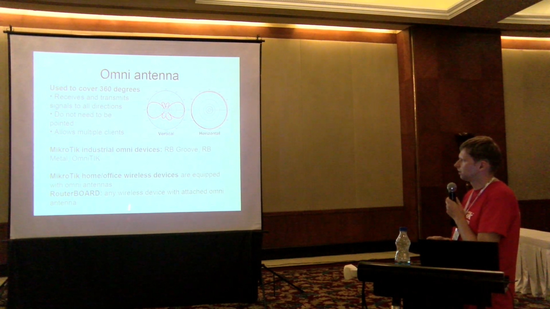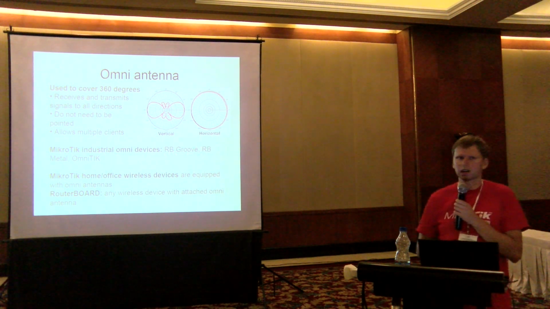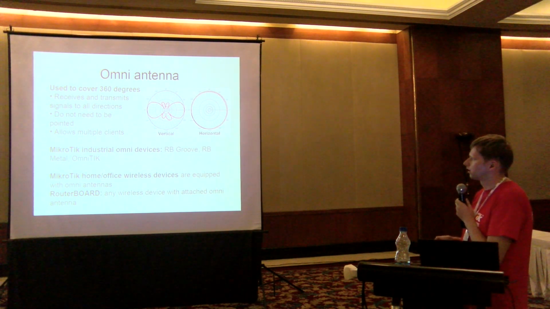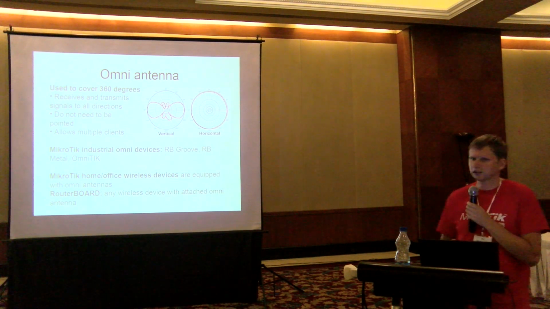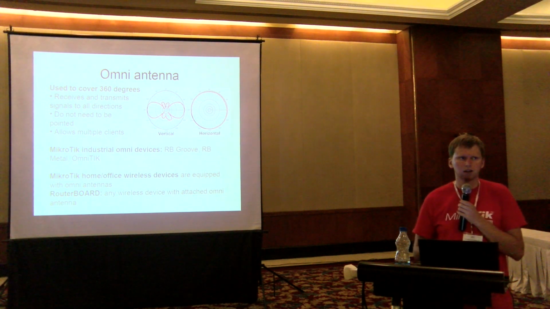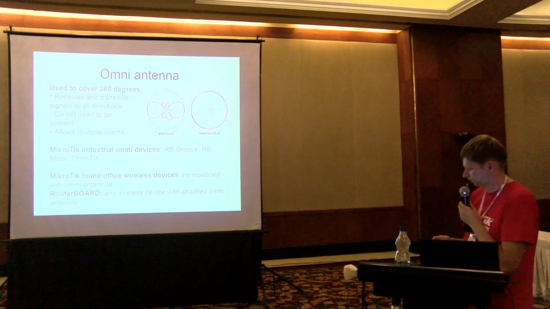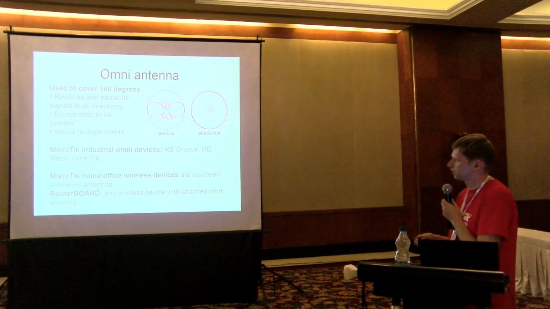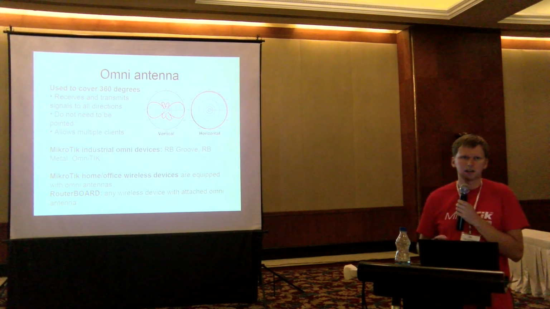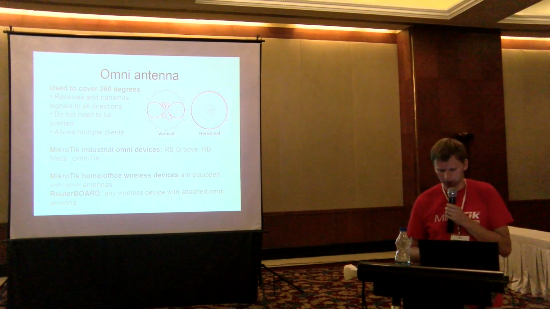So it depends on your needs and your setups. If you plan to use Omni devices, usually we can recommend RB Groove or RB Metal or Omnitik. Those are our access point Omni devices. And of course, all our home and office wireless devices like VAP, VAP board, HAP, all those boards are considered omnidirectional access points. You can also make your access point using our integrated router boards and just use your own made or bought integrated solution case and put your own Omni antenna. It's all possible.